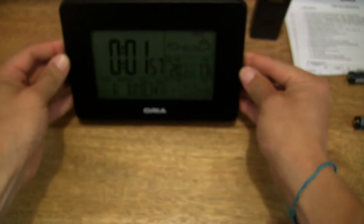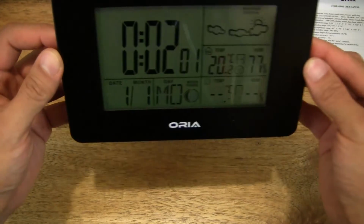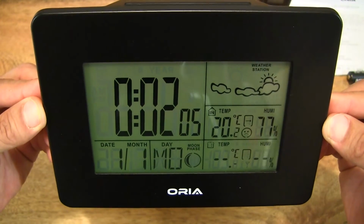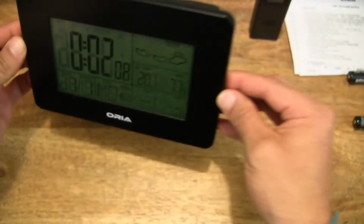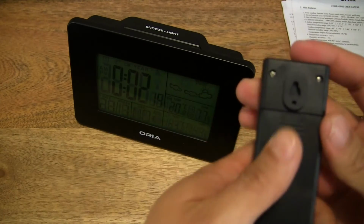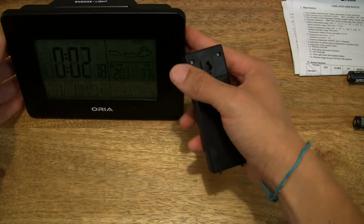Okay, so let's go ahead and set it down. It is quite nice to see that it is actually quite dark, very high contrast if we see it from this angle. So it is a very crisp display. Let me set it right back down, and then of course pop in the batteries, set to one side, and see what happens once we power up the